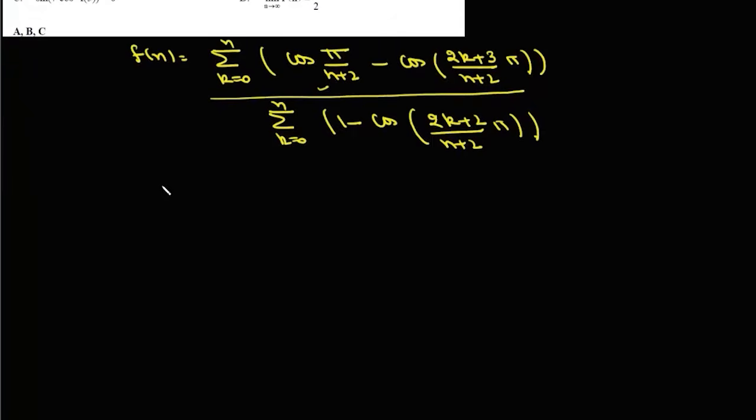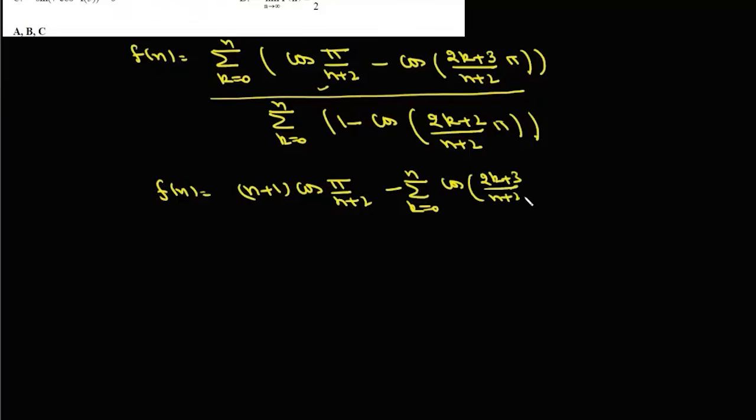This term is constant, so this fn equals n plus 1 cos pi upon n plus 2 and minus this summation k varies from 0 to n cos 2k plus 3 upon n plus 2 pi divided by, and this is summation 1, which is n plus 1